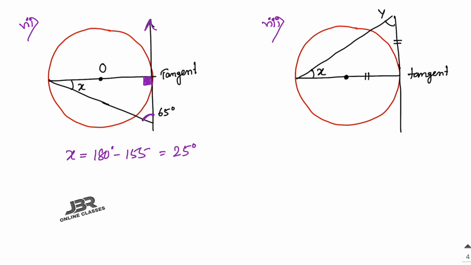It's very easy. Same as here also, this angle equals 90 degrees, and O is the center. Now you have to find out the value of x and y. It's very easy. As these two sides, the diameter and this one, are equal, that means an isosceles triangle. So x and y will also be equal, and as this angle equals 90, these two are 45 degrees and 45 degrees.